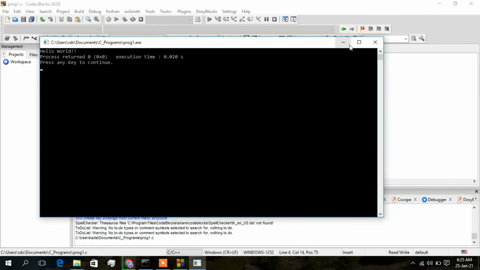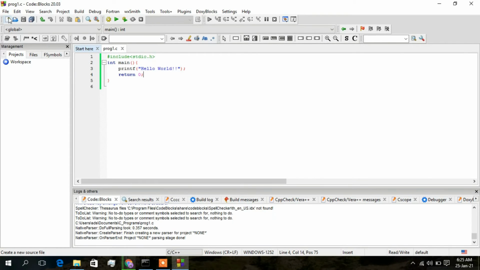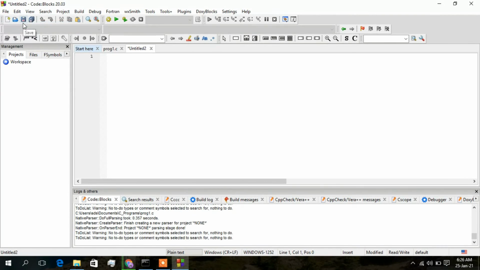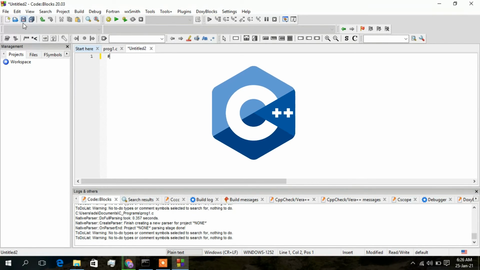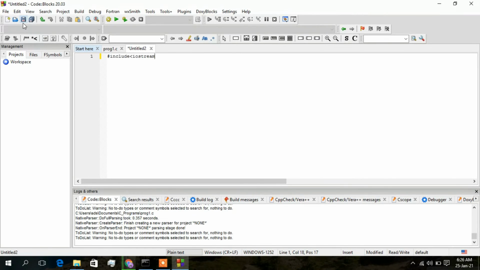Alright, now I will also show you how to create a C++ program. For which just click on this icon new file, and in here just again click on this empty file, and now just simply type a C++ program. So hash include iostream, then int main,